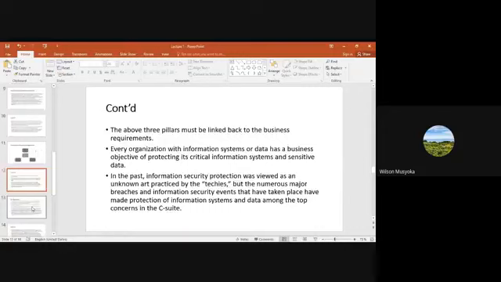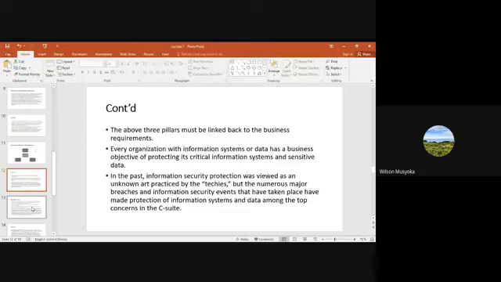So these three pillars must be linked back to the business requirements. That is what we are looking at, because we are looking at security in terms of our organizations, our institutions, which always have some goal, some vision and mission and goals to accomplish. So we are saying those three pillars of security need to be aligned or linked to the business requirements. Every organization with information systems or data has a business objective of protecting its critical information system and